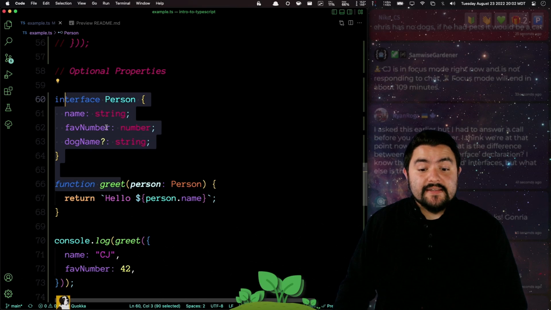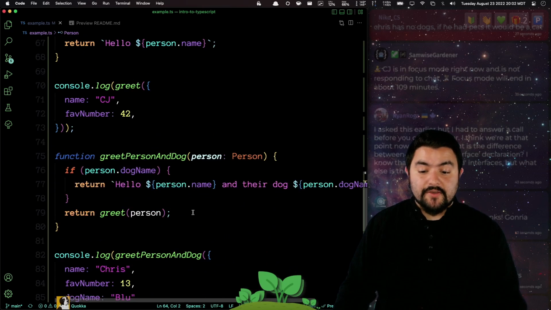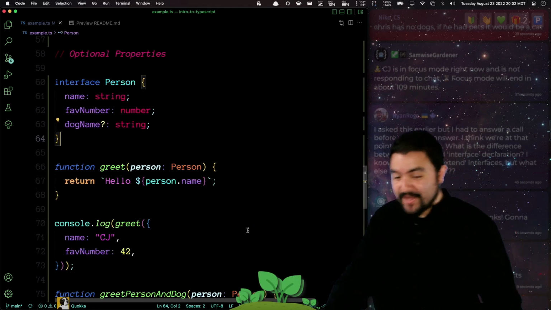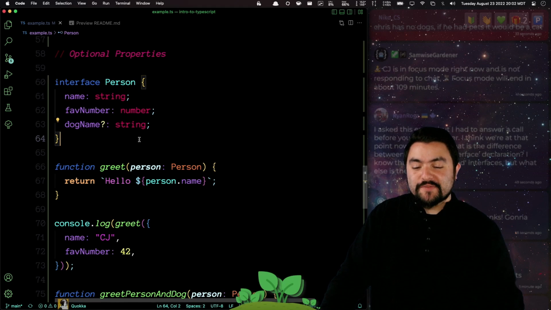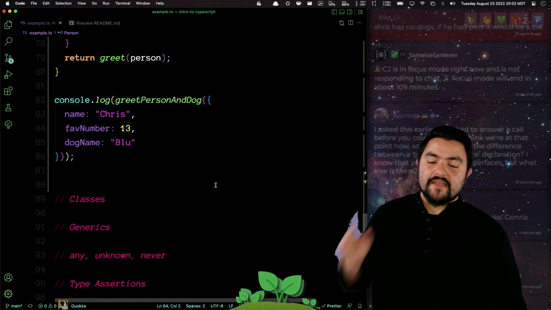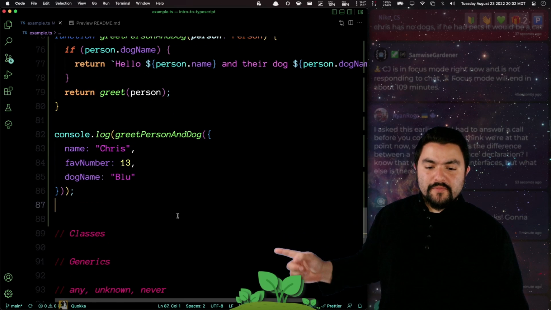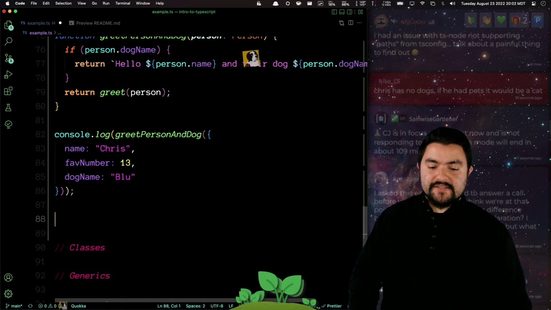Those are interfaces. They describe objects. You're going to have objects all over your code. JavaScript has a lot of objects in it. And so you can use interfaces to describe what should be and shouldn't be in those objects. All right. Before we move on to classes, let's actually talk about